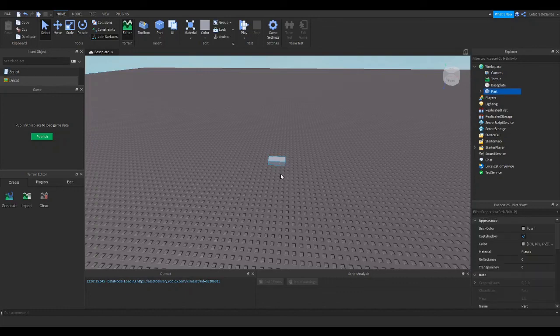And so when we click our brick, we can see that in our Explorer, the part got highlighted. It's called part, and it shows that we have it selected. It also has a blue outline around it, and that's another indicator that it's selected. And what we should do first is change the color of this brick so that it's easier to see. And so to do that, we are going to